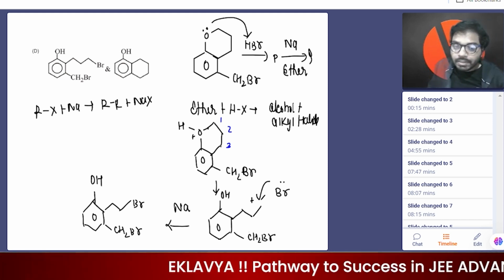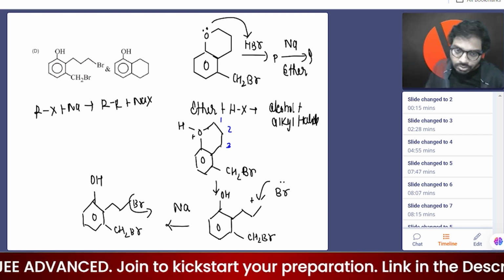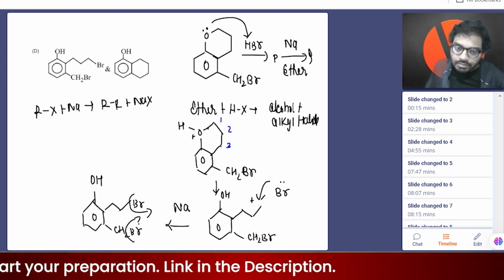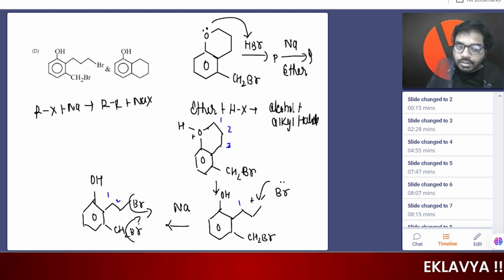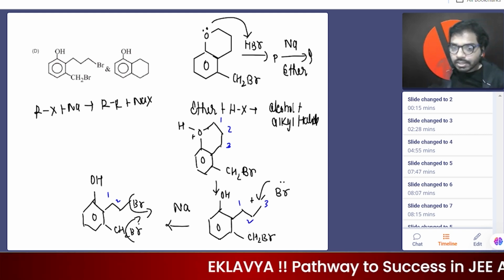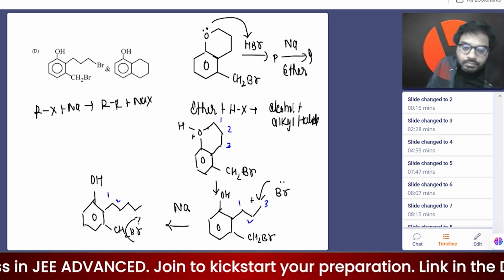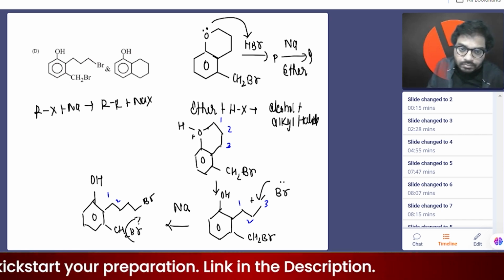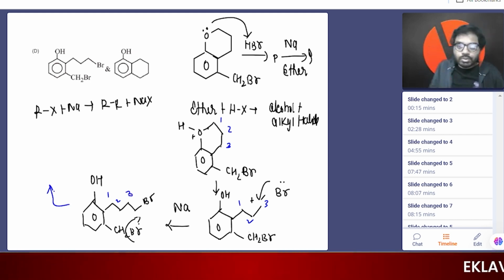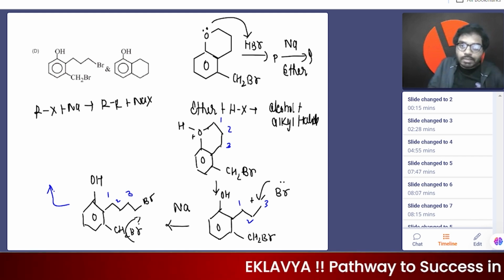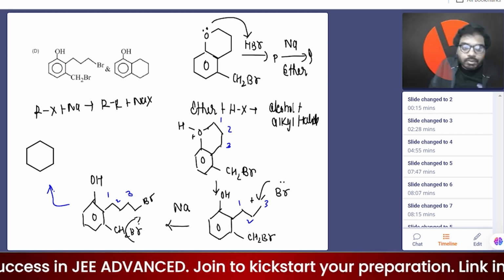So what will happen next? Can you guess? We know that the Wurtz reaction is a free radical substitution reaction. So this Br will be removed here, and this Br will also be removed here. And a total 4 carbon ring will form. We can write here 1 and then 2, total 3 carbon. Yeah, this is first, second, and third. So a total 4 carbon ring will form here. This is one, and the lower one carbon, these both will combine and finally they will form a 4 carbon ring. So our final product formed here will be,